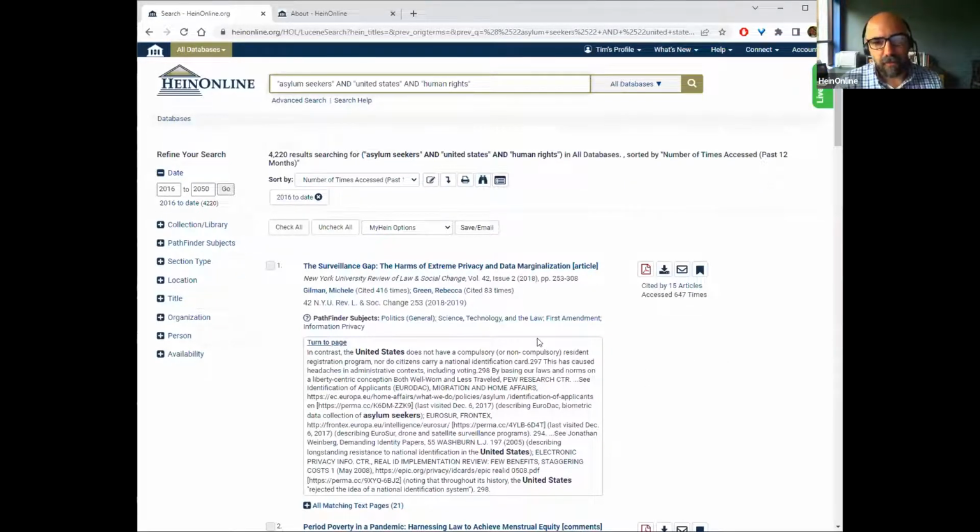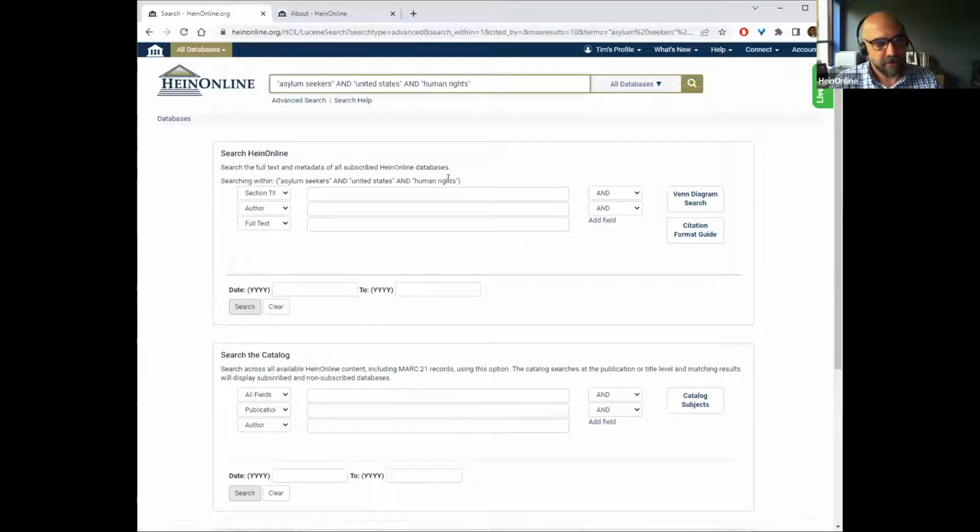Now let's say we really like this stuff, but we want to search within it. We can click right here. If you're not familiar with it, we have a search within results button. If I click on that, it takes us to a search page. You can see that what we've already put in for a search query is still there, but now we can say, I'm interested in more full text, but in this case, I want to look for the term